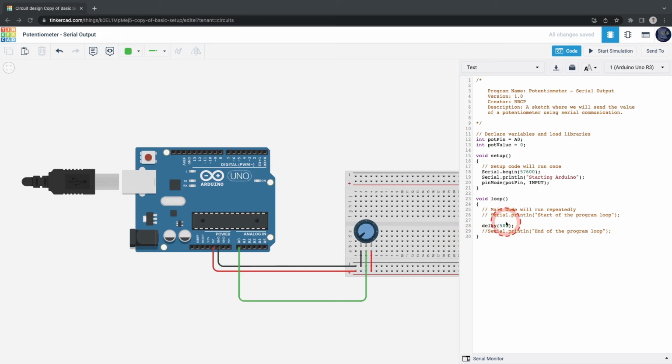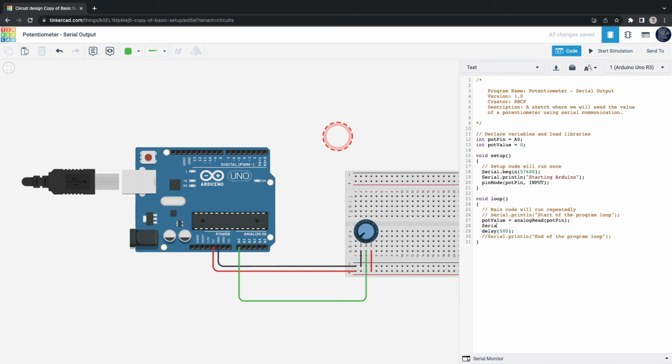Now, we will read the value of the potentiometer. In the loop function, type potValue = analogRead(potPin); to read the potentiometer as an input. Below, add Serial.println(potValue);